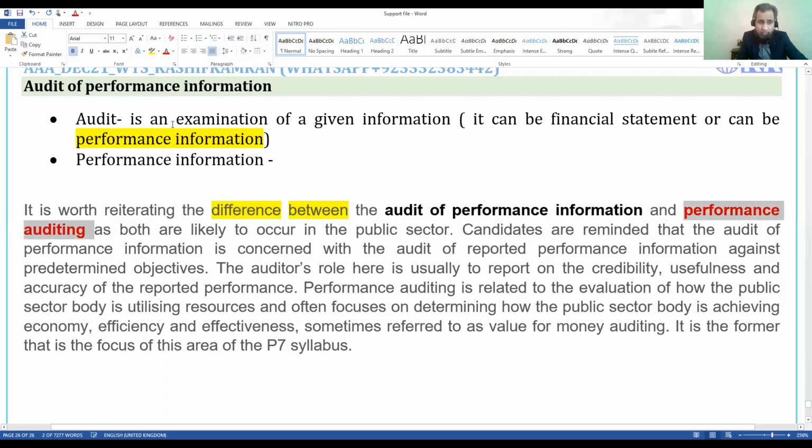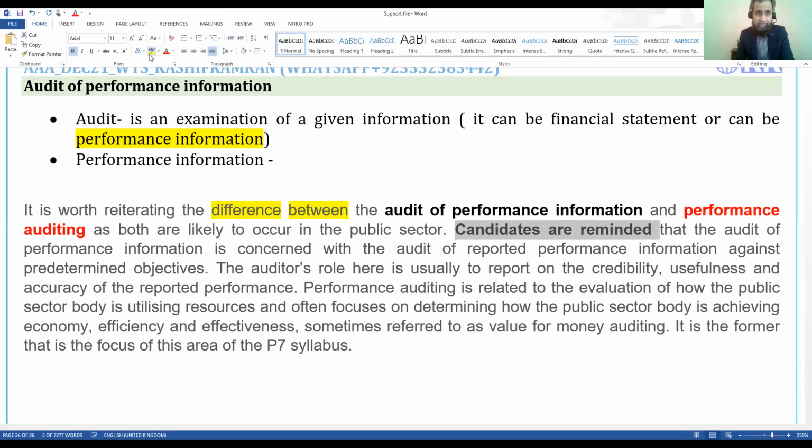Now the examiner tells you, as both are likely to occur in the public sector. In the exam, we have seen questions on private sector too, and public sector both. So don't be worried about it. The parameter remains the same, whether it's a private sector or a public sector. Candidates are reminded, and this is a big problem, right? That it's difficult to remind candidates. Candidates are reminded that the audit of performance information,